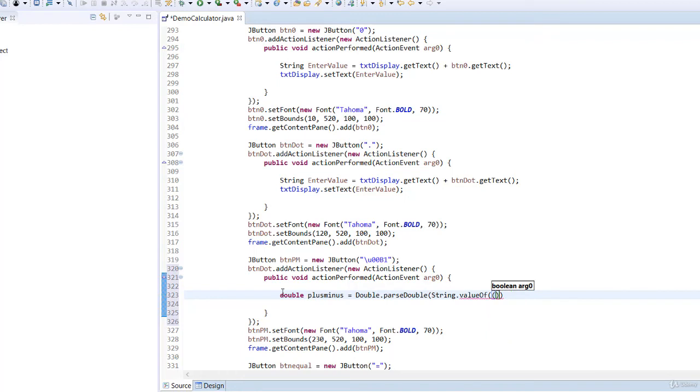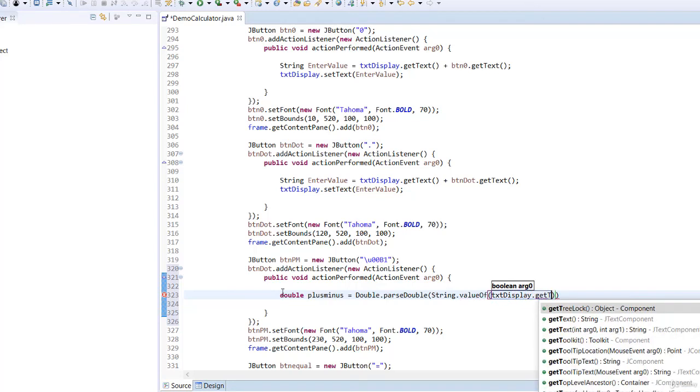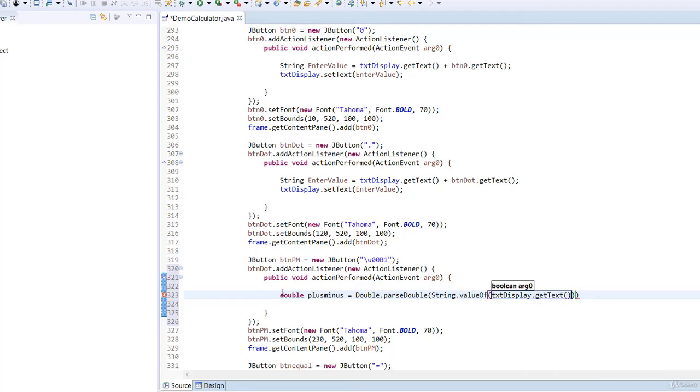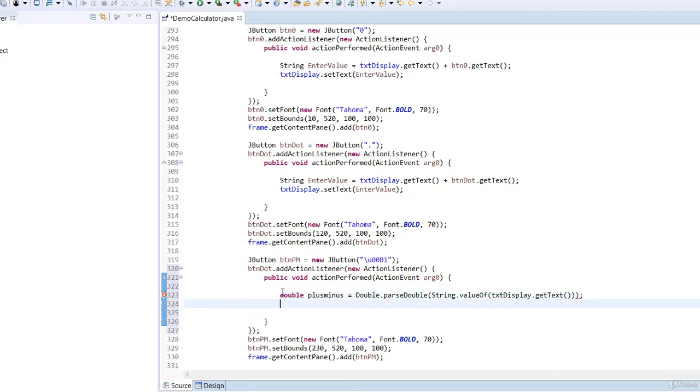So the value of the text, text display dot get text. All right,